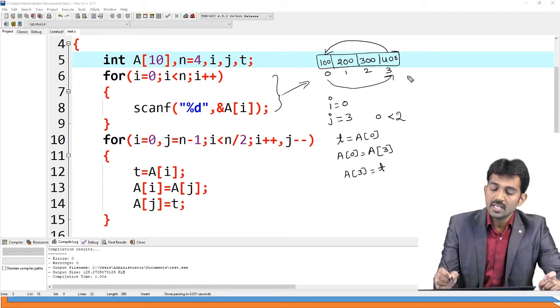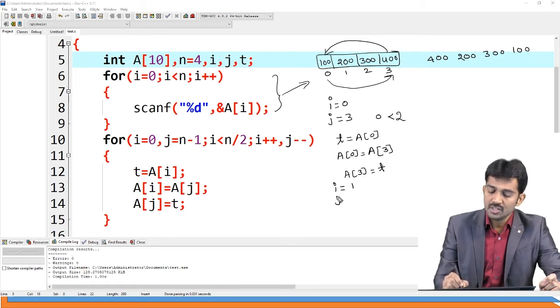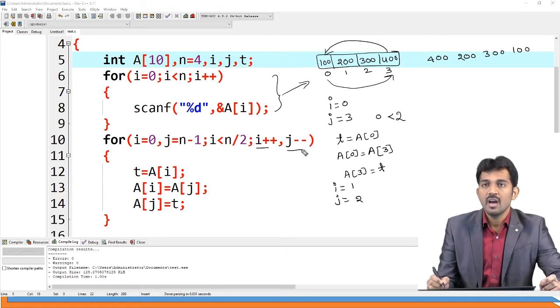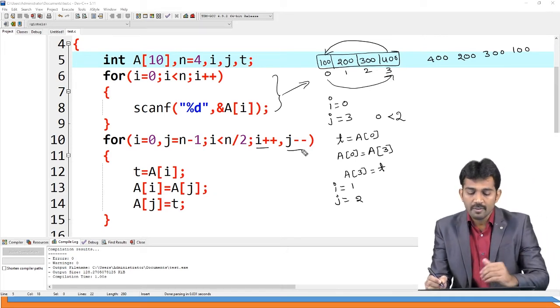After this operation, I am going to get 400, 200, 300, 100. This is my result. After that, I value goes to 1 and J value goes to 2, because of I plus plus and J minus minus. I value is incremented by 1, J value is decremented by 1.